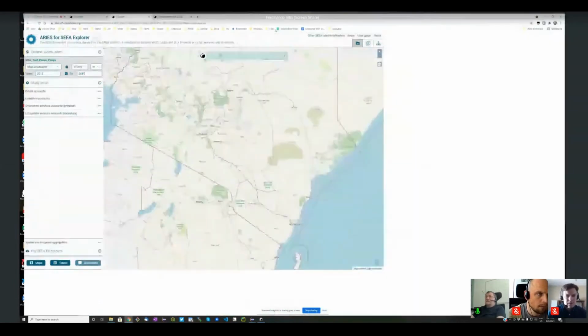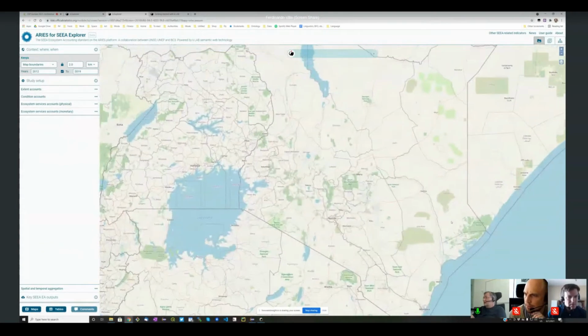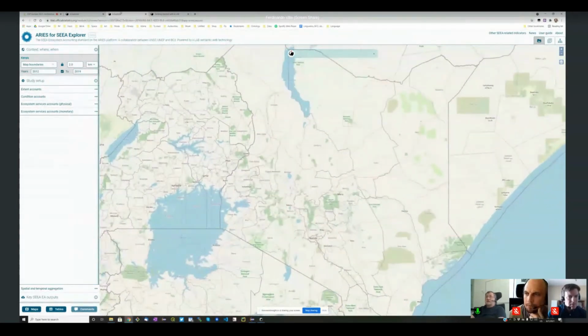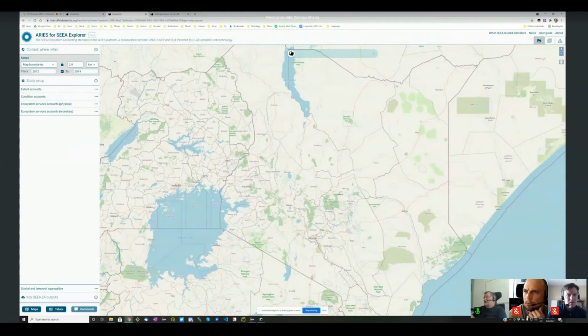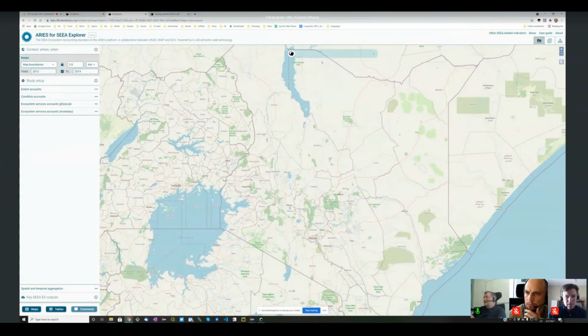For example, there is a lot more functionality in here, because as you can see, we have menus. So instead of having the blank canvas effect, we still have the entirety of Aries here. We can do exactly the same things, but we have a menu, so we can actually choose what we want from a much simpler interface, starting from choosing our context of interest.